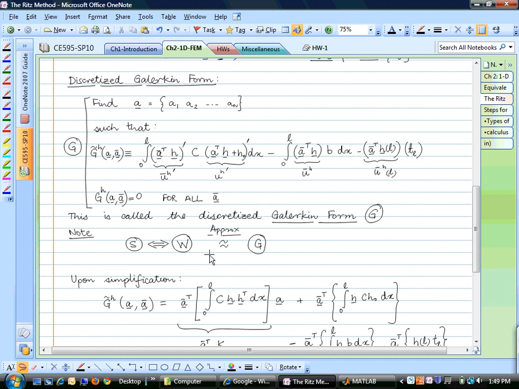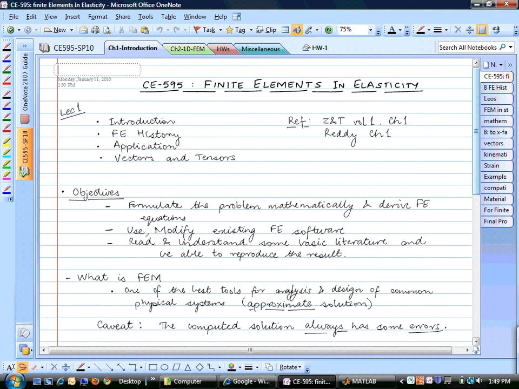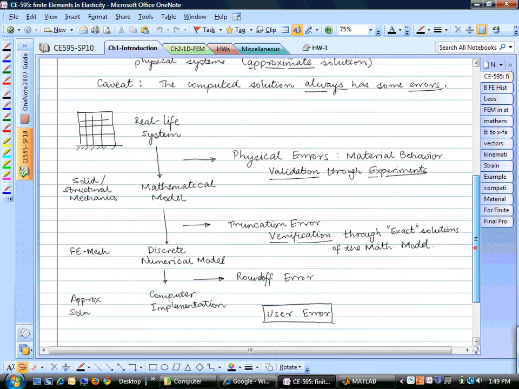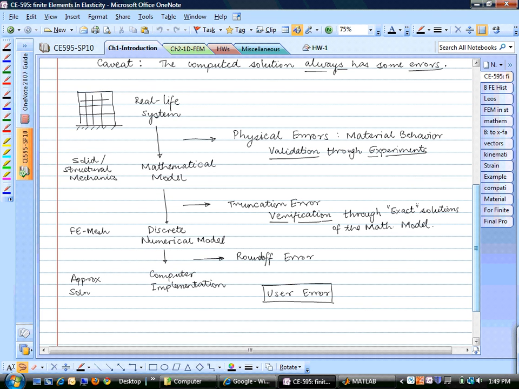And now we need to point out that strong form was equivalent to the weak form, but now that we have made the Galerkin approximation, this is an approximate form. And maybe I can also point out a little bit of a relationship from the very first lecture. We were saying that all these levels of models, we have this real life, and we take this building in real life, we approximate it with some mathematical model. So our mathematical model is div s plus b. We are saying that equilibrium must be satisfied. We have all those